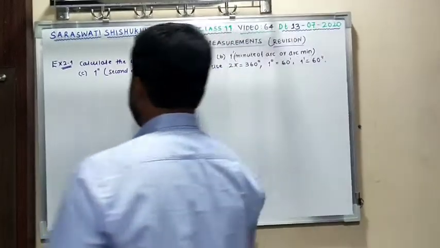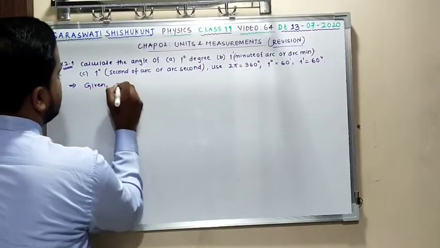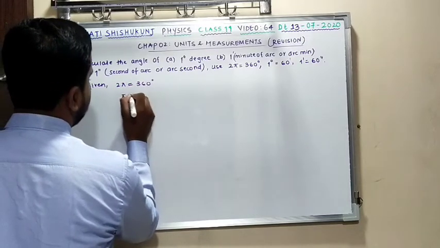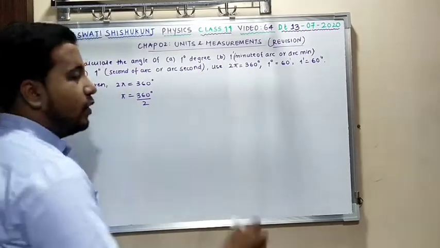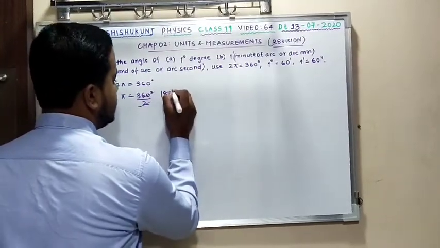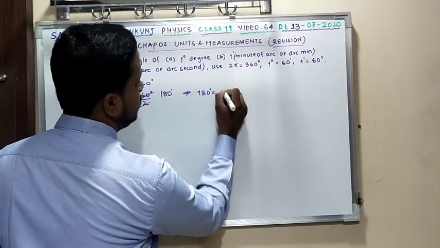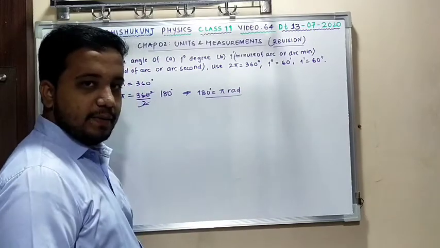I will tell you one thing over here, that is they have given in the solution 2 pi that is equal to 360 degree. So I can write pi that is equal to how much? 360 degree by 2. Yes or no? So I am going to get my answer. This is going to be cancelled. So the answer is 180 degree. So I can write that 180 degree that is equal to pi radian. Is this clear? 100%? Fine.